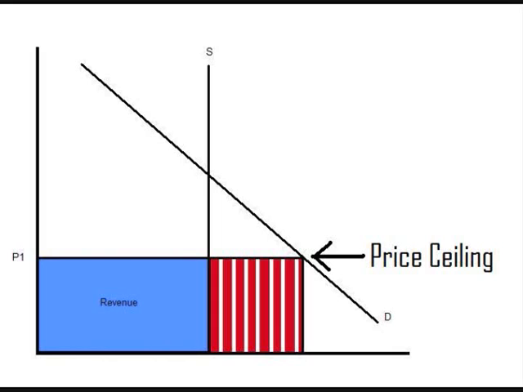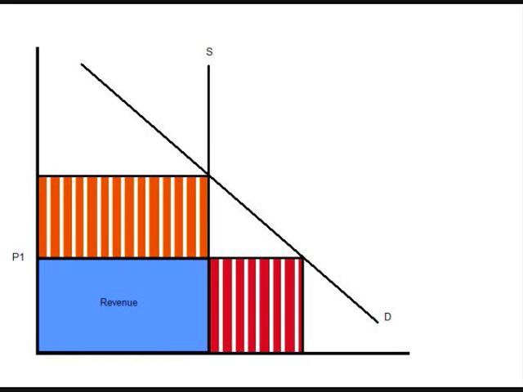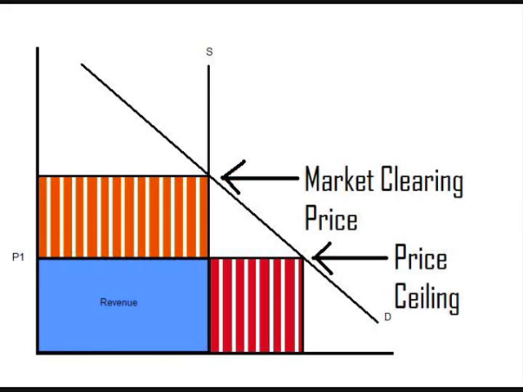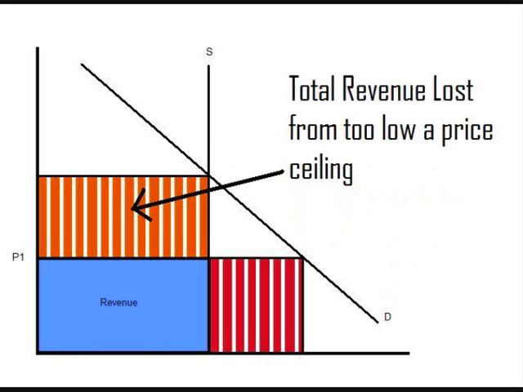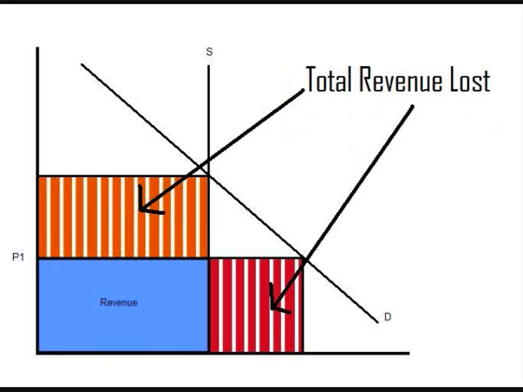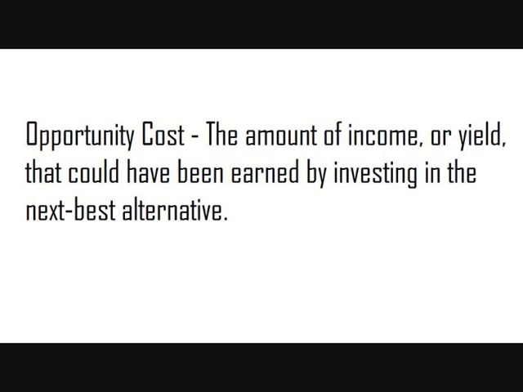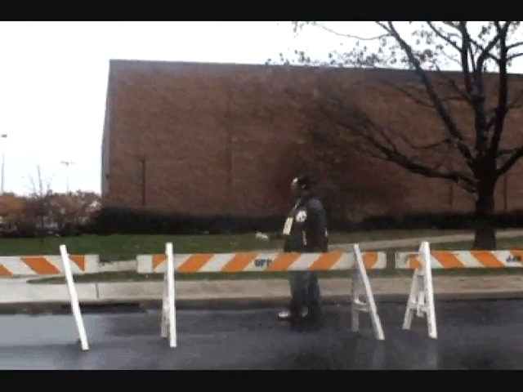You've got it. And at the top of this orange striped area is the maximum price a scalper can sell for, creating a market clearing or equilibrium price. Again, showing the revenue that the institution has lost. So in the end, each of the striped areas shows revenue that could have been made if the institution was willing to pay the opportunity cost. Wait, what's opportunity cost? Well, in this example, it's what the institution is giving up by setting a certain price and number of tickets sold. So basically the scalpers are just taking advantage of consumers' desires, where the institution isn't willing to. That's the ticket.